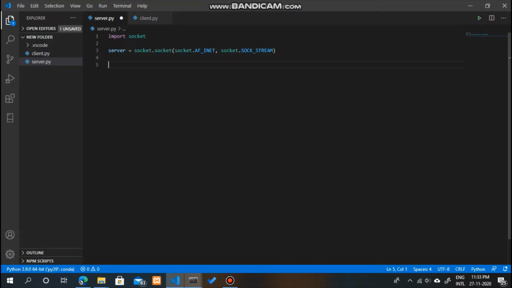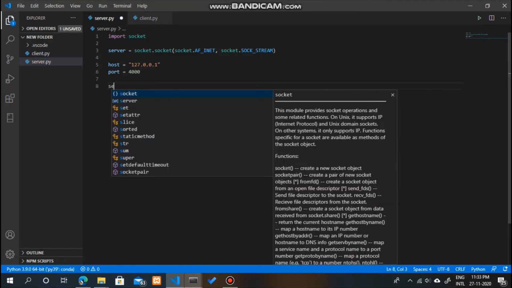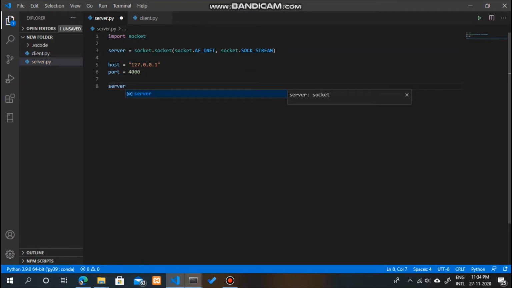Now the next part is we have to give it a host and a port on which the server will be running. So let us create two variables. The host will be a string, and I will be running it on my localhost right now. The port is an integer, you have to keep that in mind. Now we will bind this host and port to our server.